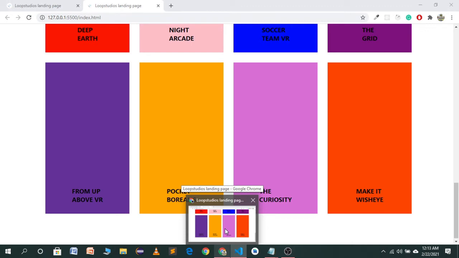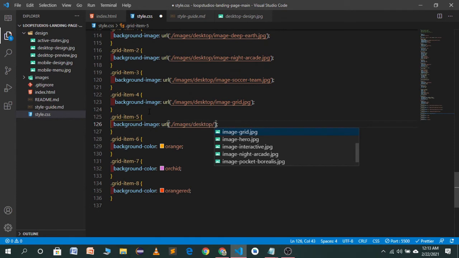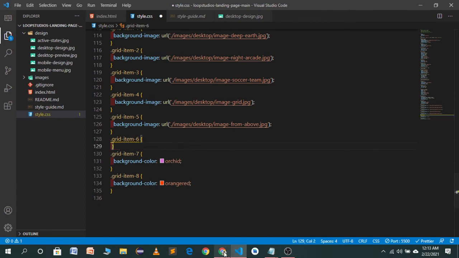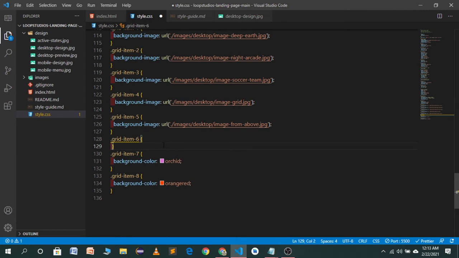The fifth one will be from up above VR, dot slash, go to the images desktop, from up above. The sixth one will be pocket ball.